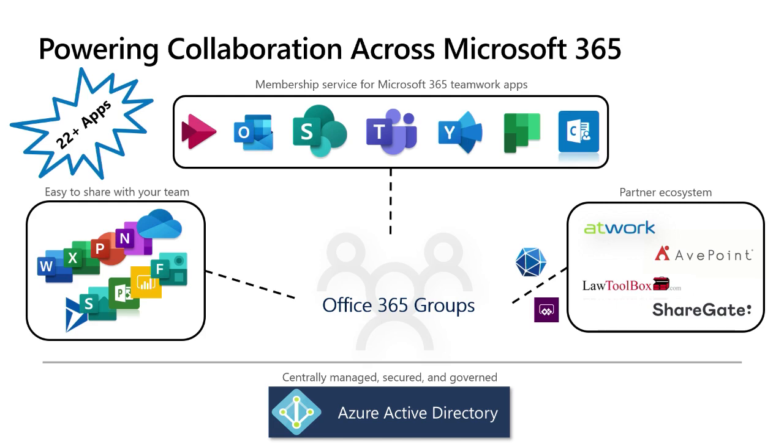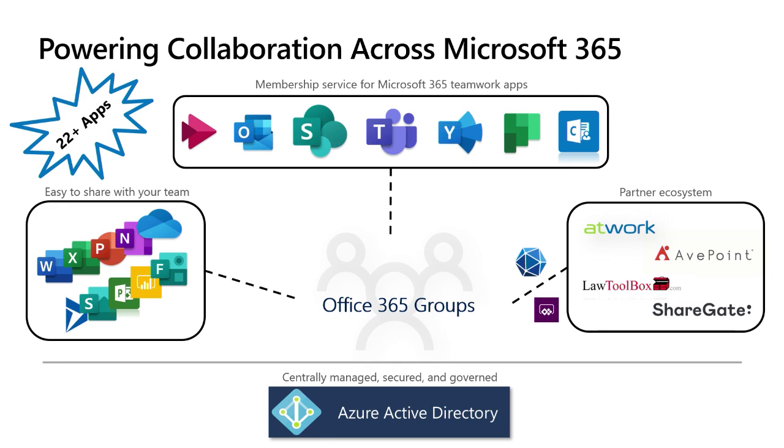And on the other side, you can also extend Office 365 groups because they are perfectly integrated with Microsoft Graph. If you haven't used that, you can use that as a connection to manage Office 365 groups. There's also PowerShell in place, and you can also connect the new named Power Platform to Office 365 groups, as well as other third-party vendors who connect to Office 365 groups through Microsoft Graph. And below is Azure Active Directory. That means every single group is based in Azure Active Directory, and you have a central management around governance, security,